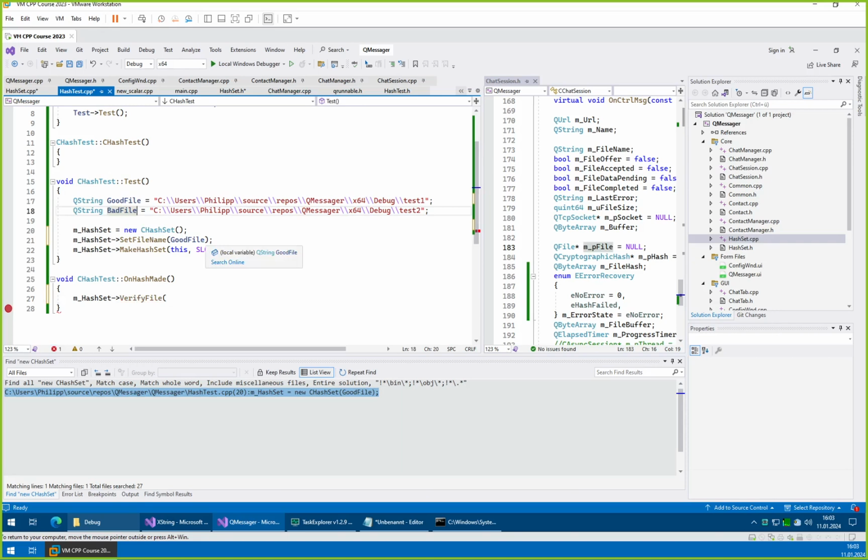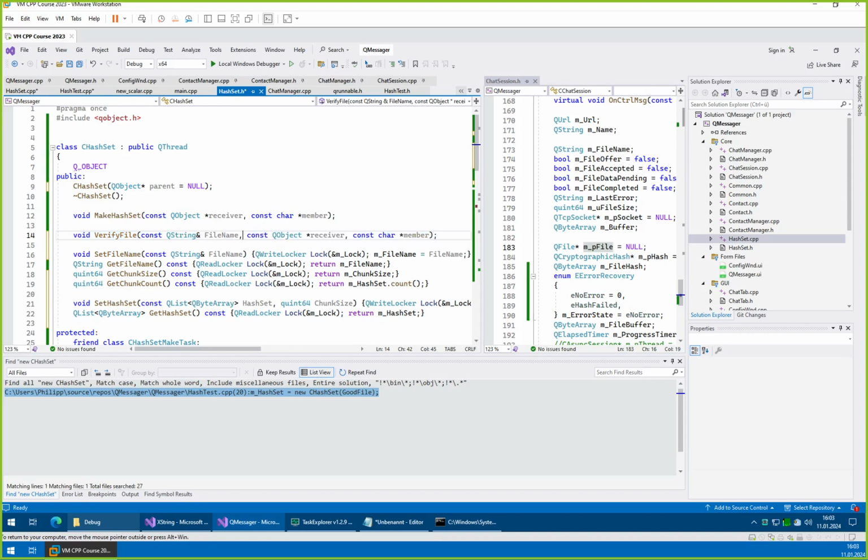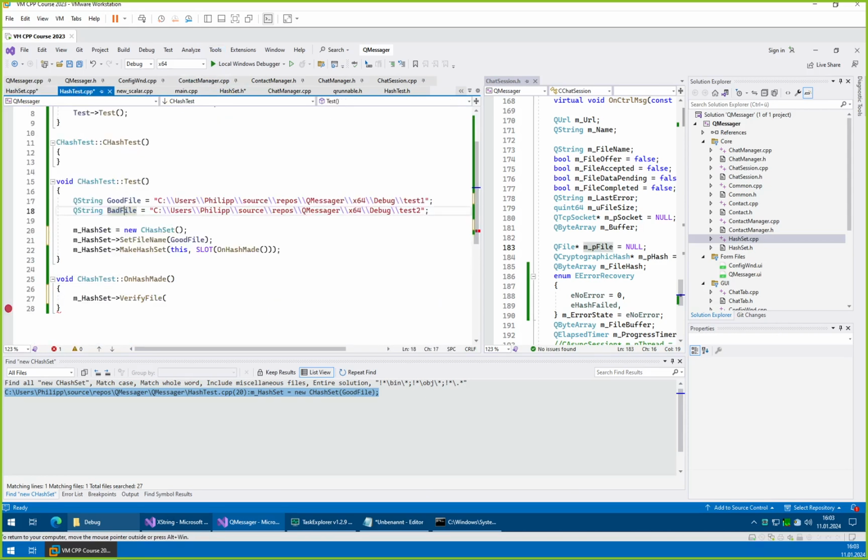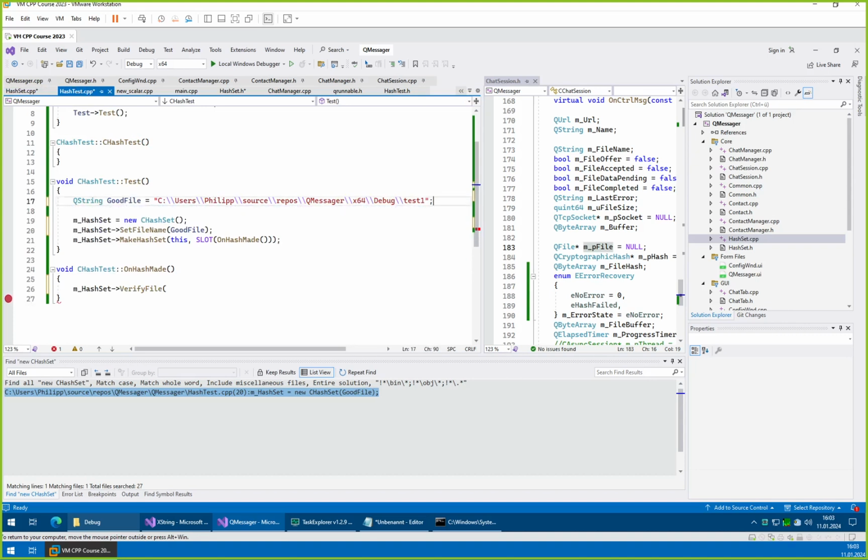No, I changed my mind. Let's keep the file name a global value. So we will just change the file name here. We'll make set file name and set it to the bad file. Set file name bad file, verify file, and then of course like here